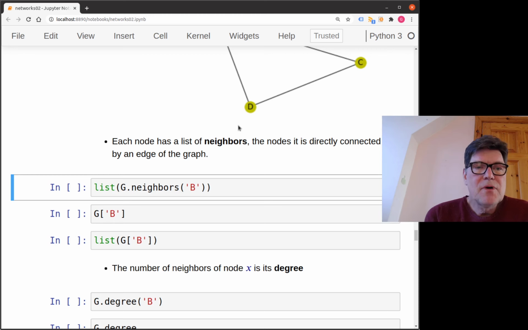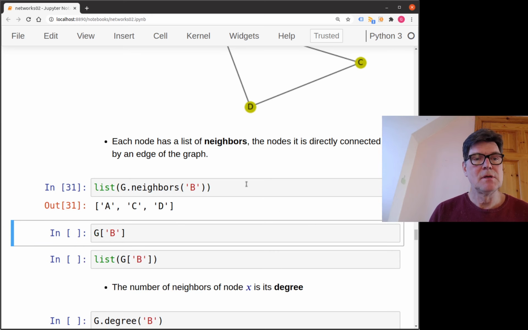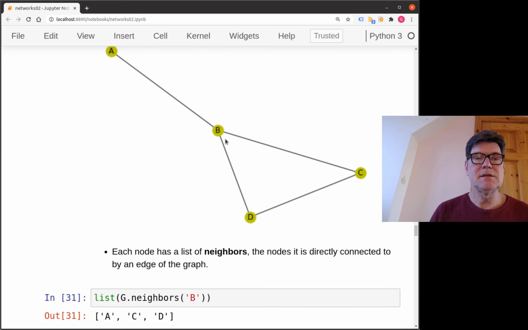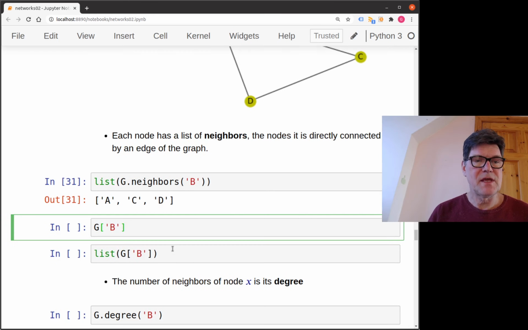Within the graph, each node has neighbors. That's a technical term for the nodes it is directly connected to by an edge. We can get a list of neighbors by asking the graph for the neighbors of the B node, for example. And that gives us A, C, D, since B is connected to all three of them. The same information is obtained by just accessing the component B of the G object,